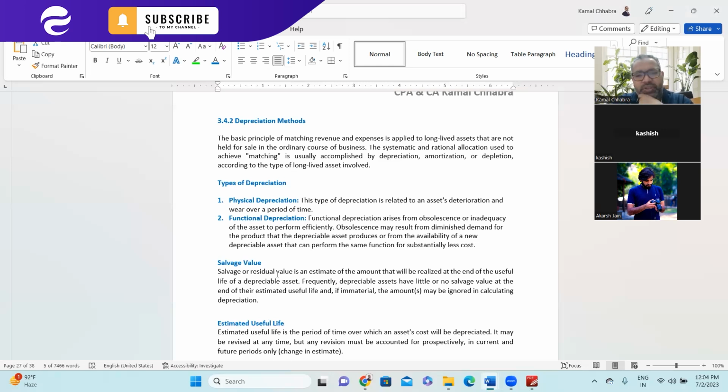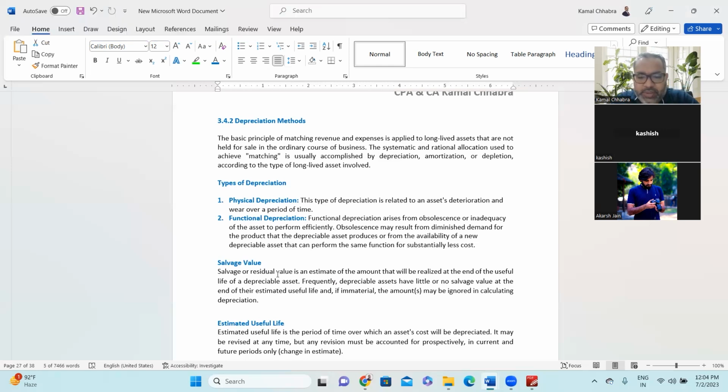Types of depreciation. First one is physical depreciation. This type of depreciation is related to the asset deterioration and wear and tear over the period of time. Second is functional depreciation. Functional depreciation arises from the obsolescence or inadequacy of the assets to perform efficiently. So obsolescence may result from diminished demand for the product that the depreciable asset produces, or from the availability of new depreciable assets that can perform the same function for substantially less